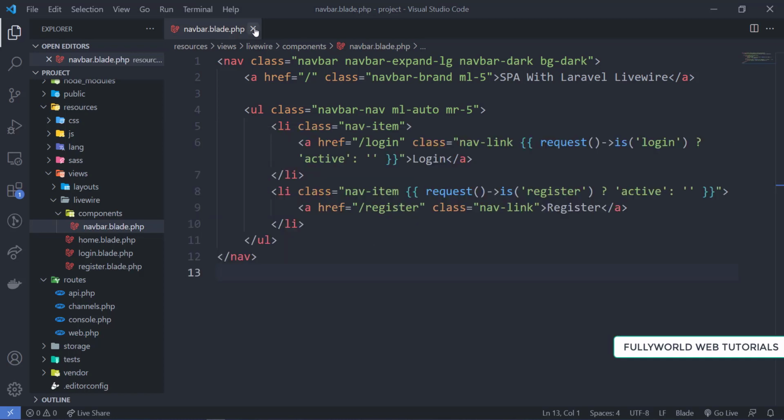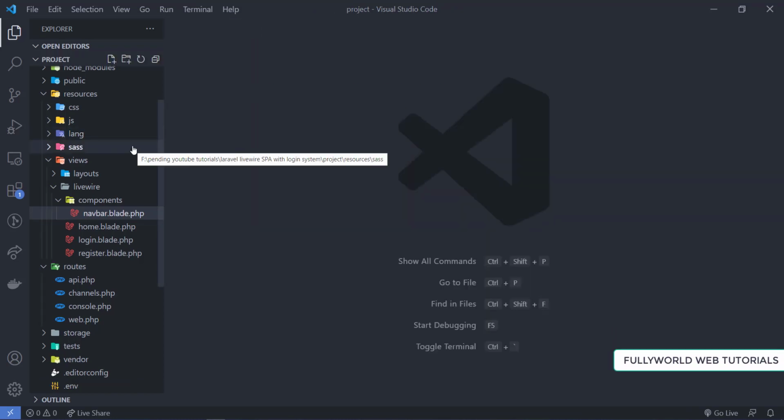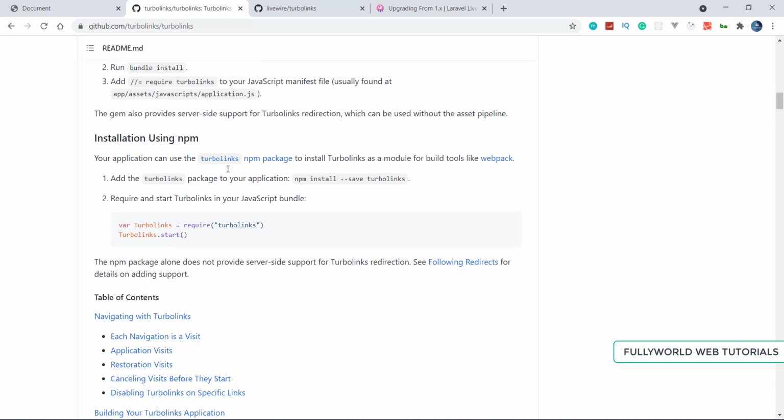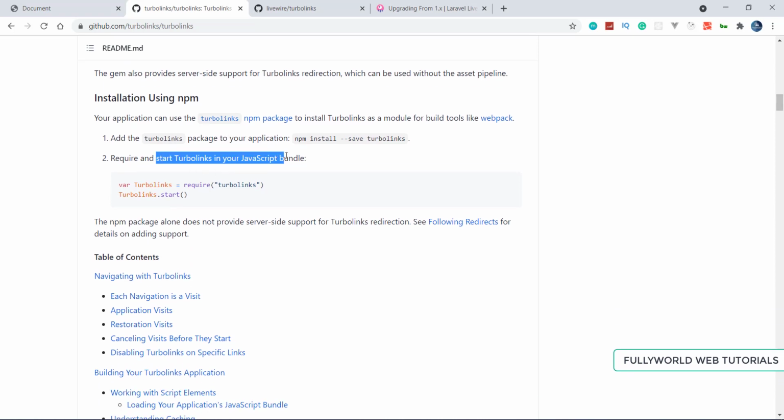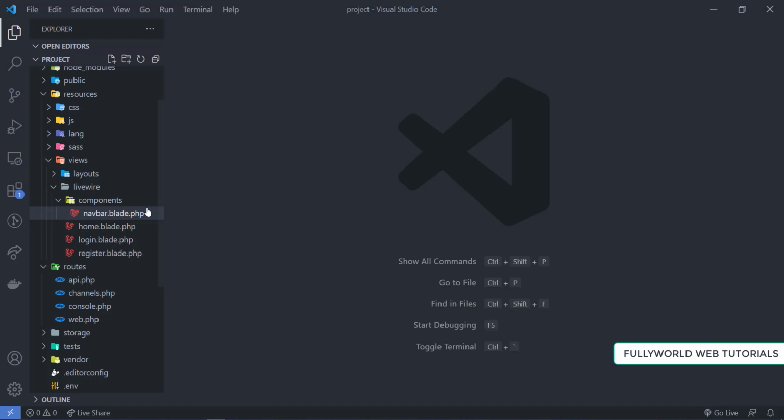So first of all, now we have to do the same thing that we did for the bootstrap. See what we have to do. Now we have to start the turbo links in the JavaScript bundle. So we have to provide this thing here. So now I will copy this, and let's go to the